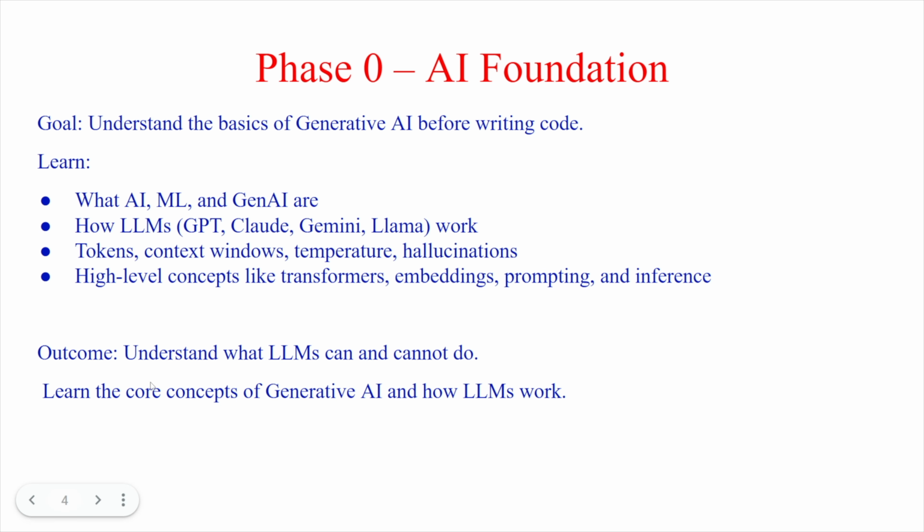So with phase 0, you would be able to learn the core concepts of generative AI, and generative AI is a foundation for agentic AI. So do not think you can skip generative AI and create agentic AI. You cannot do that, because internally generative AI is the one that generates the answers. Agentic AI is the one that does all the planning and other stuff, but internally, generative AI does all your basic jobs. And by the end of phase 0, we should also know how an LLM works internally.